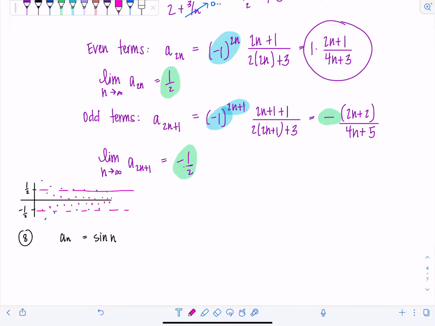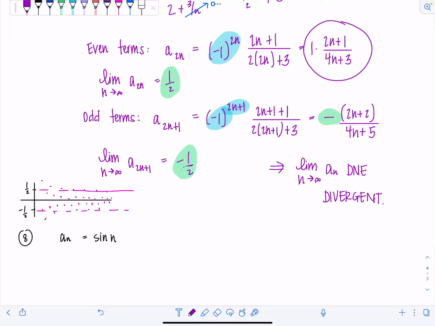So now that you've shown that the even and odd terms have different limits, then you can say this means the limit as n approaches infinity of a_n does not exist, actually. It oscillates, so it's divergent. That would be a full credit answer in my class. I don't know how picky your professors are, so check with them, okay? Fabulous. Next one,